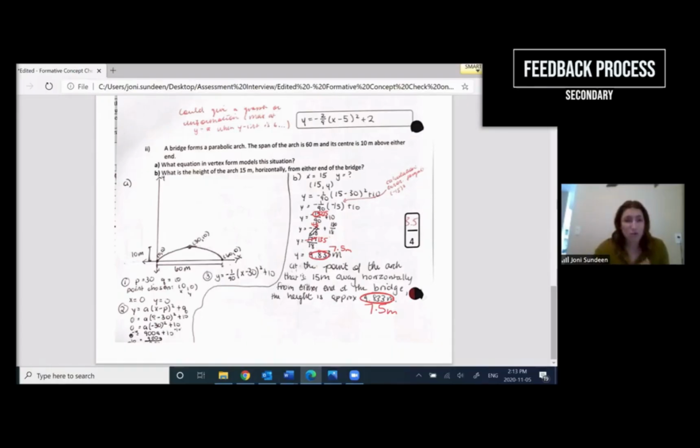And then we'll do a summative concept check, which would be for marks, and very similar, usually isomorphic to what their formative is, obviously just slightly different questions. And I provide them written feedback to that as well. So that's feedback. And then another thing about feedback, I'm using Google Classroom Learning this year